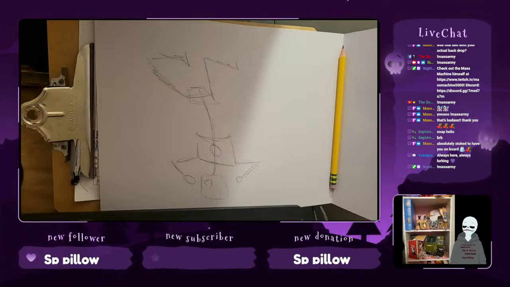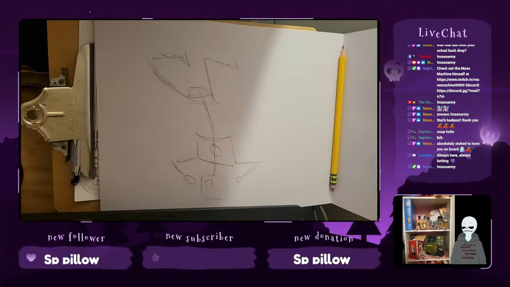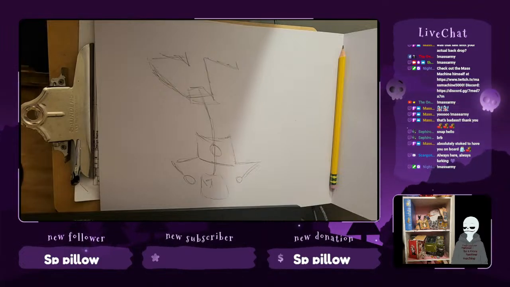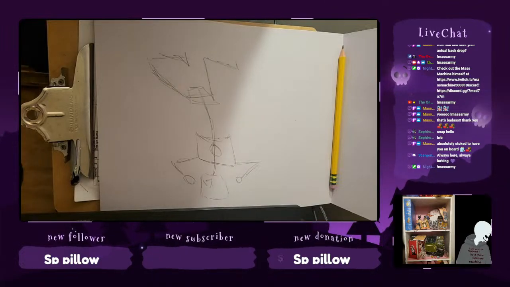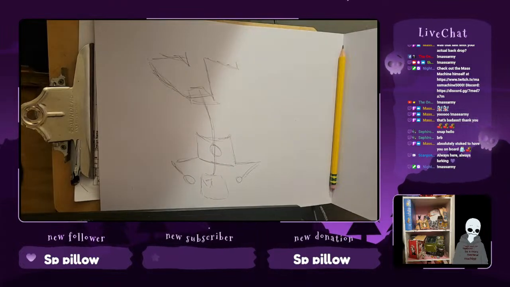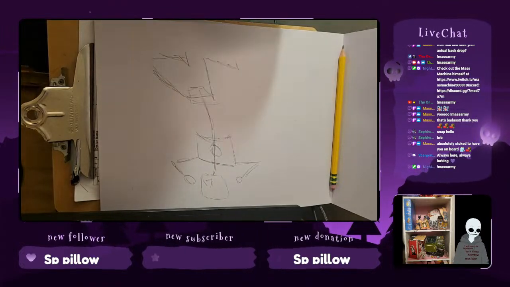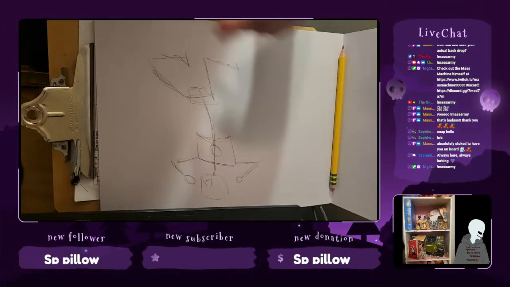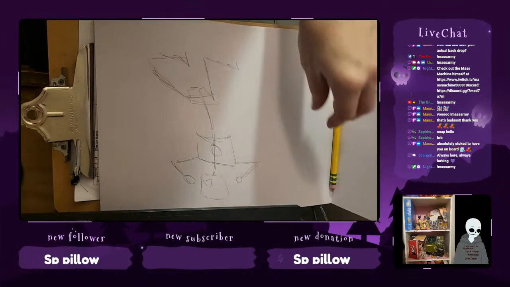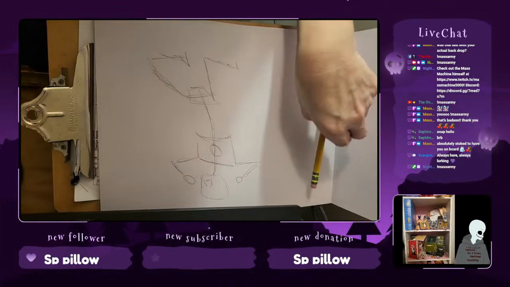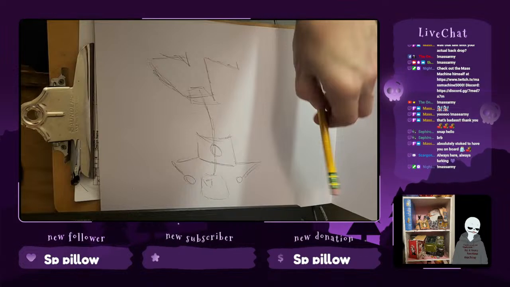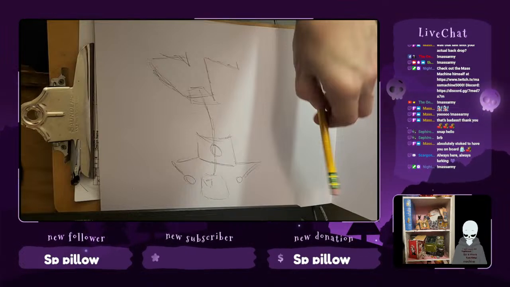I have to be really careful with the placement on my armature because the power button is on the side. I think I don't like this, but that's okay.